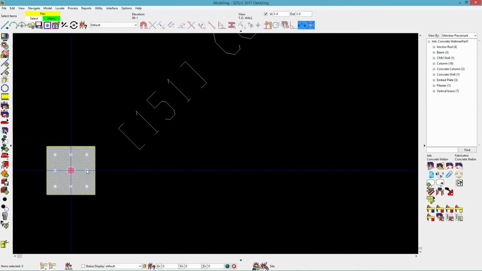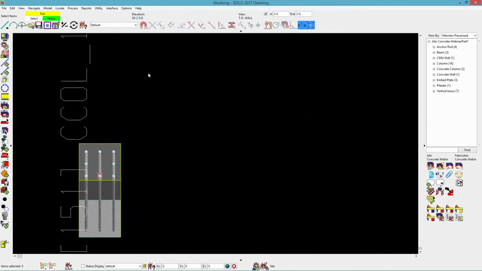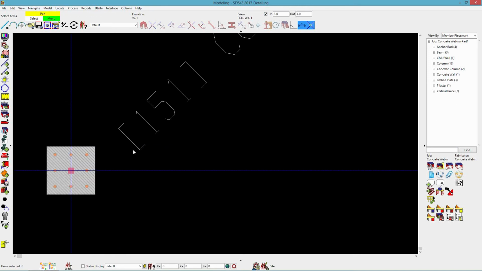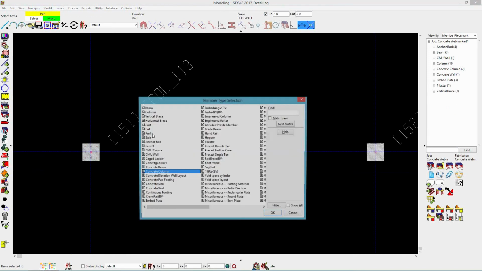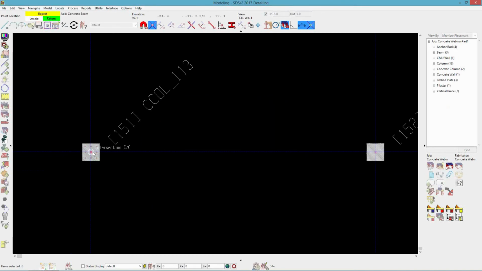So then you'll notice from a vertical, I've got my rebar in there. If I rotate around, I've got my concrete columns with my rebar in there. Next, I will add my concrete beam in here for my member type. Okay, I go ahead and add in concrete beam, and I'm going to pick the center of the column or